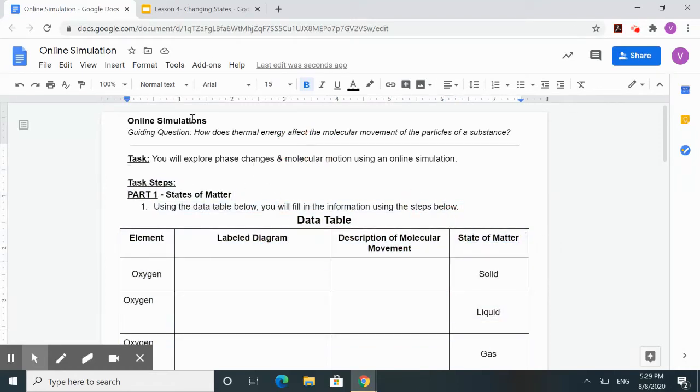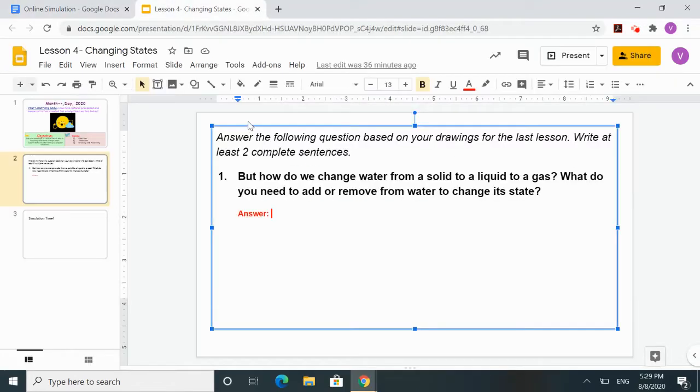Before I move into showing you how to do the simulation, I want to go back to this question you just answered. It says, how do we change water from solid to liquid to gas, and what do we need to add or remove? Once you complete the simulation, you will know, okay? However, I do not want you to go back to this answer and change it. I do not want that. I want to see what you were thinking first when I read this, so make sure you don't touch this